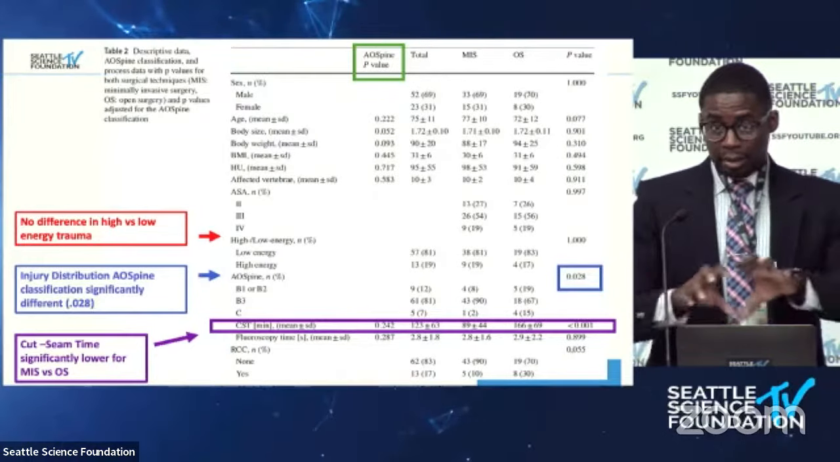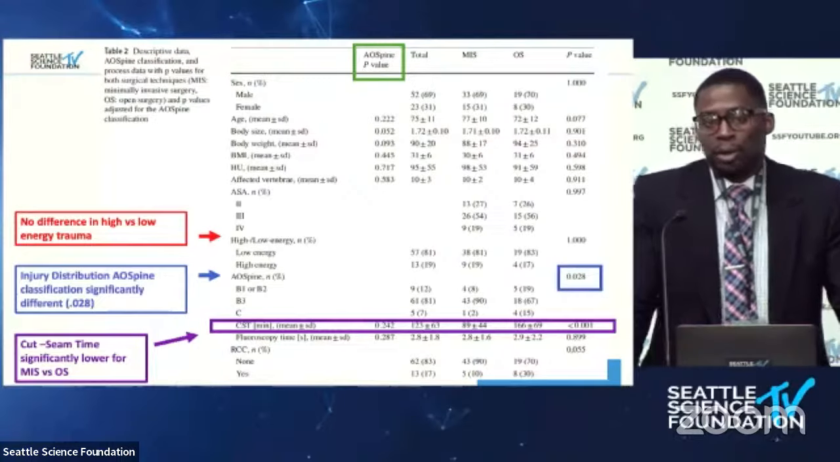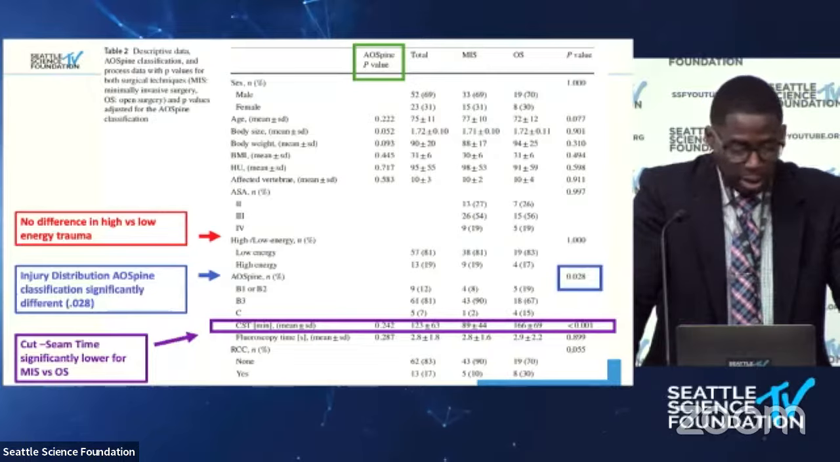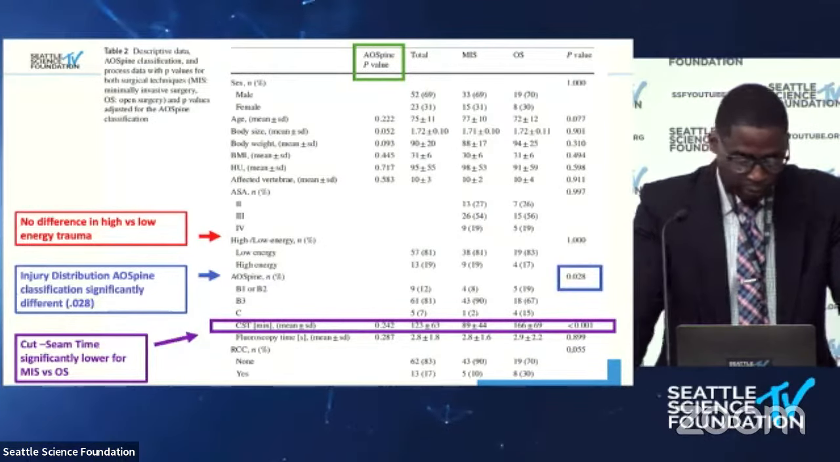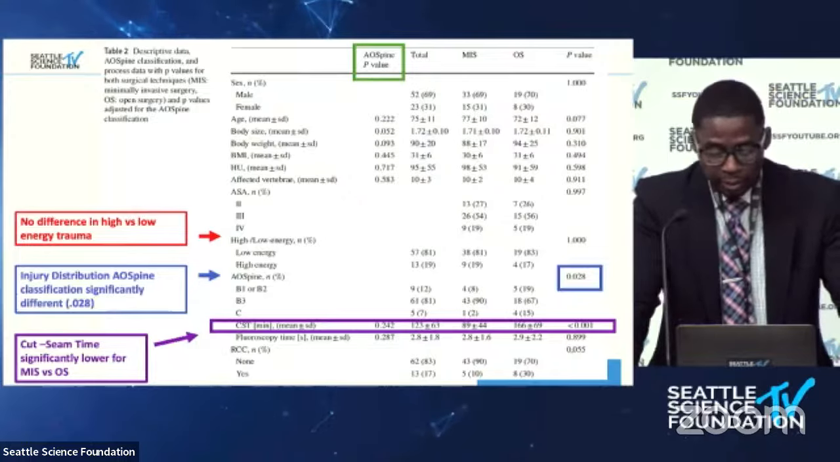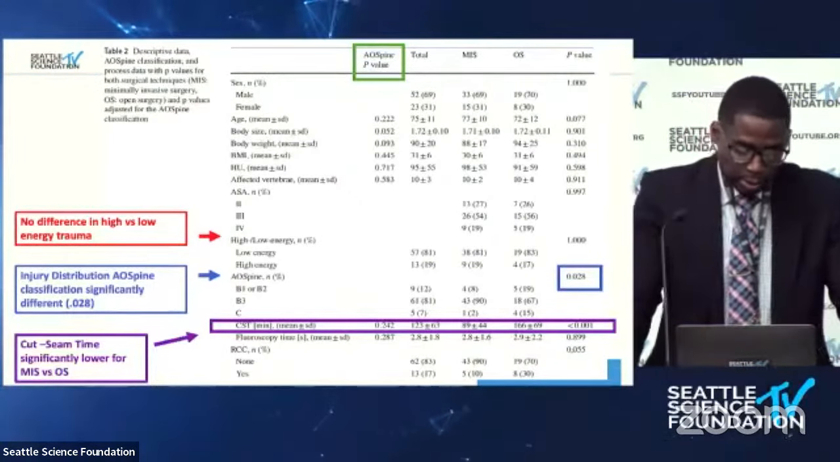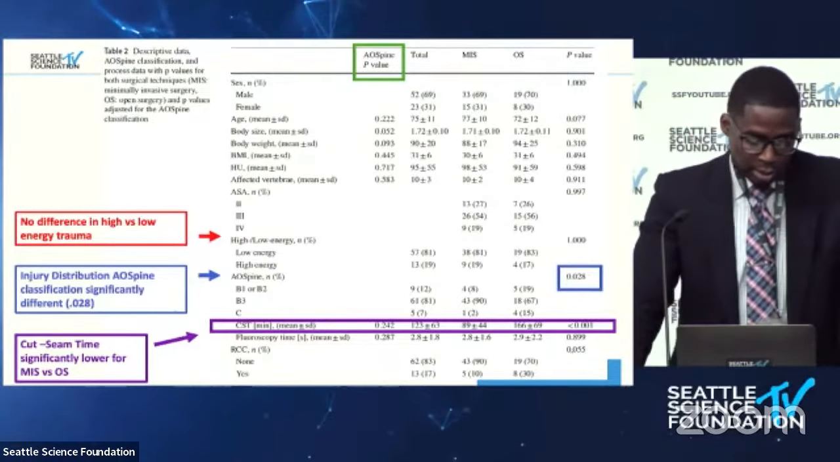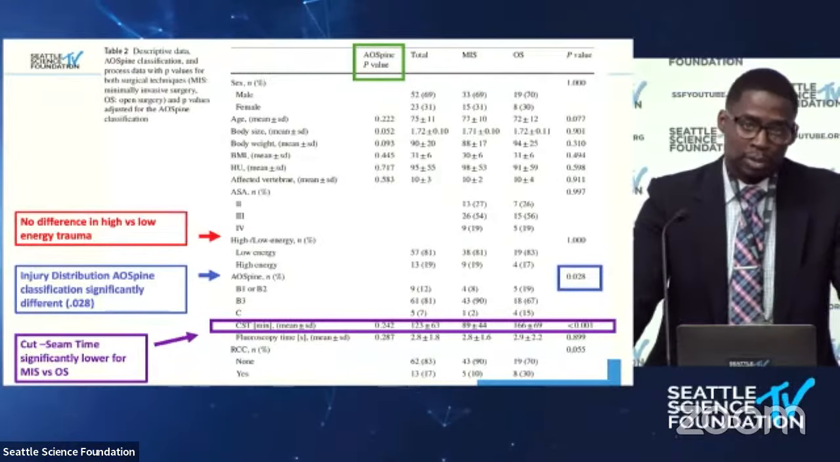One thing that they did uniquely was adjust not only for perioperative factors, they adjusted to the AO spine classification to understand, again, p-values less significant, less than 0.05. And what they noticed, there was no difference with respect to the energy of trauma, whether high or low, between either treatment groups. However, again, the distribution of the injury, there was a difference, specifically between B3 and type C